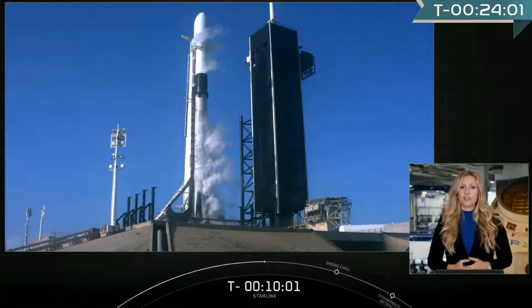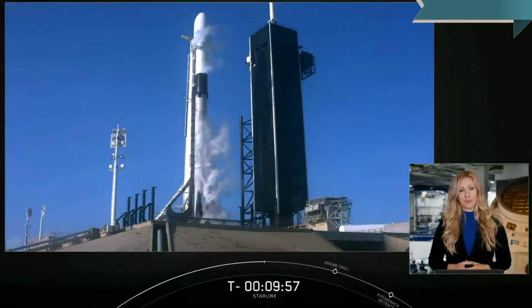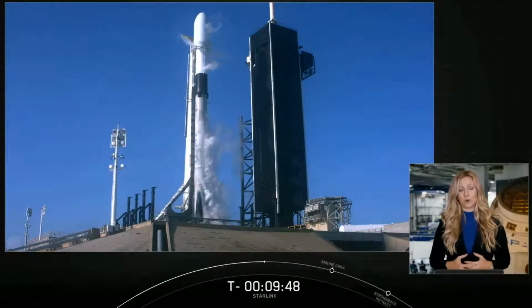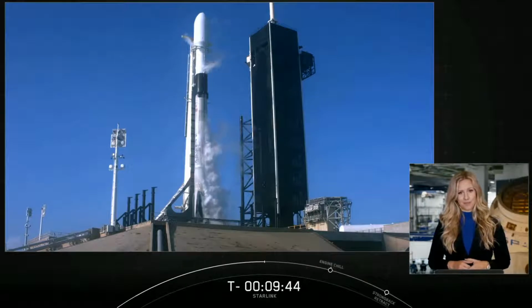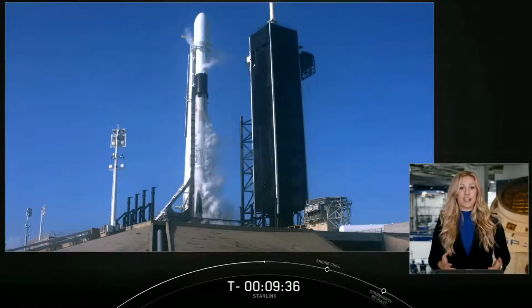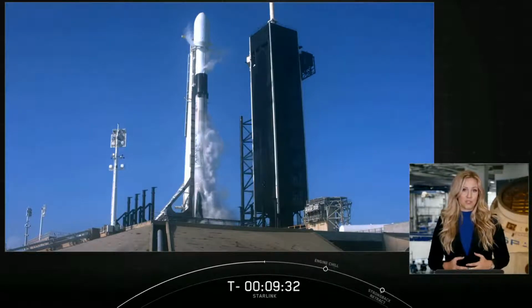To date, we've launched roughly 650 Starlink satellites to orbit. As a reminder, Starlink is a constellation of satellites that can provide high-speed, low-latency internet all over the globe, particularly in remote or rural areas where connectivity is limited or completely unavailable. We're currently just under T-minus 10 minutes, and all systems are currently go for an on-time liftoff this morning. If for any reason there is a hold on the countdown today, we do have a backup launch opportunity tomorrow